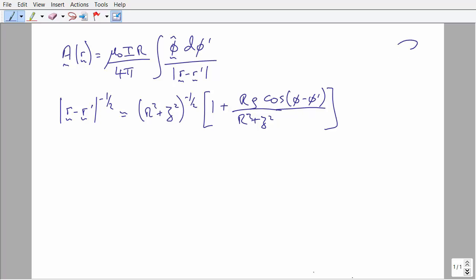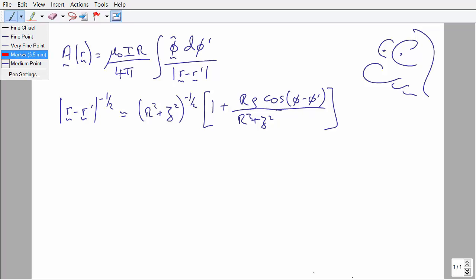Let's continue with our discussion of the vector potential from a current carrying loop. We arrived at the equations I've written down here in our previous segment, and we have an approximate expression for mod r minus r prime. Sorry, this should be to the minus 1. And if you look at this, when we substitute this expression into this integral, we're going